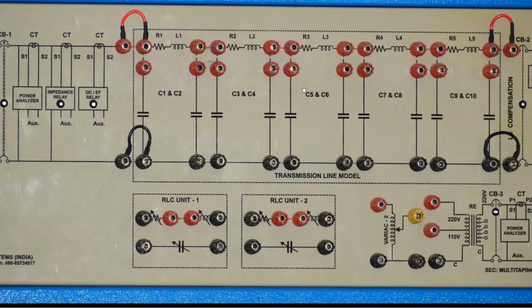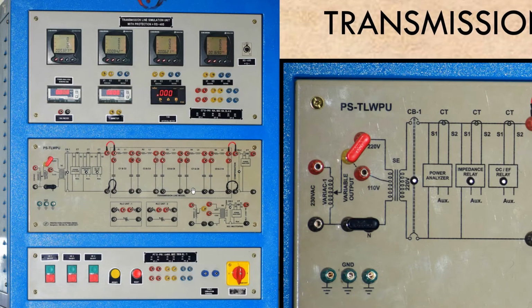So this is the transmission line, and this is the power analyzer to measure voltage at each segment, or at each 80 km. We have to connect these V1 and V2 terminals to these terminals, similarly V1 and V2. V1 and V2 are the voltage terminals of the power analyzer. So here we have to measure the voltage. These two terminals will come to these two terminals to measure the voltage across this segment.